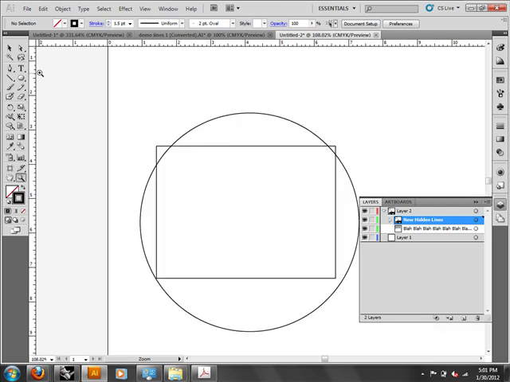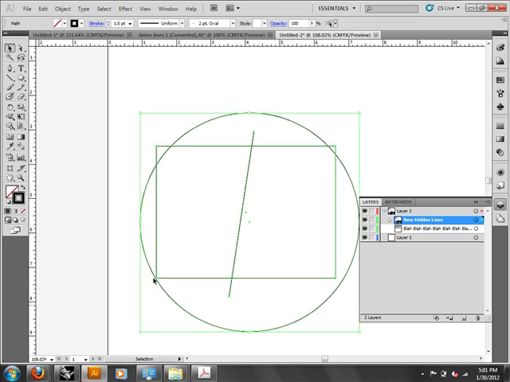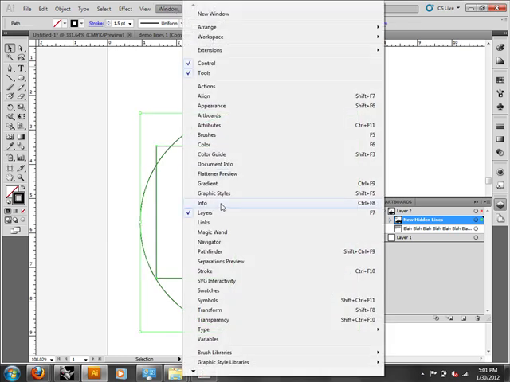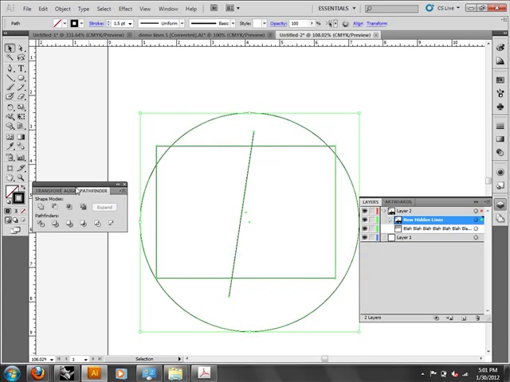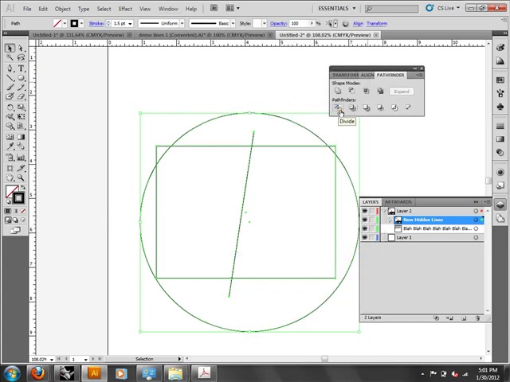Let's assume that the circle is some lines I want, or I'll put some lines in here. And so I can go into Window, Pathfinder, and there's all kinds of things you can do. This one actually divides up shapes. There's a trim, merge. Divide, I think, is the one that makes the most sense to me. When you hit divide, it inserts a vertex into any one of the intersections, and then you can go in